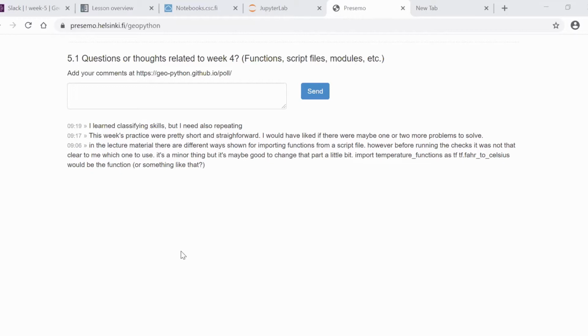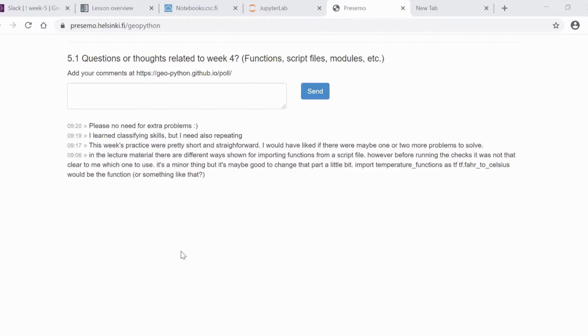And yeah, I think there's a couple other things here that we can touch on. So yes, last week's exercise or the practice time was pretty short and straightforward. Someone would have liked to have had more problems to solve. This is a comment that we get from time to time. We also saw it in the midterm feedback that we collected, that there are people who would like some additional optional problems. And we have been trying, I think, for a few years now to find time when we're preparing everything for class each week, to create some additional problems. And we appreciate the comment. I think we can, perhaps we will,